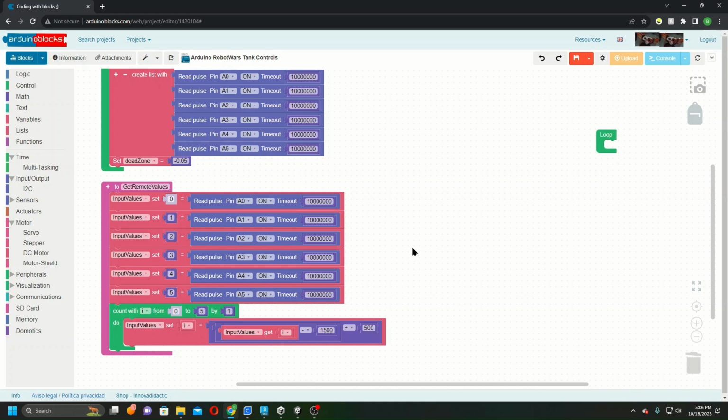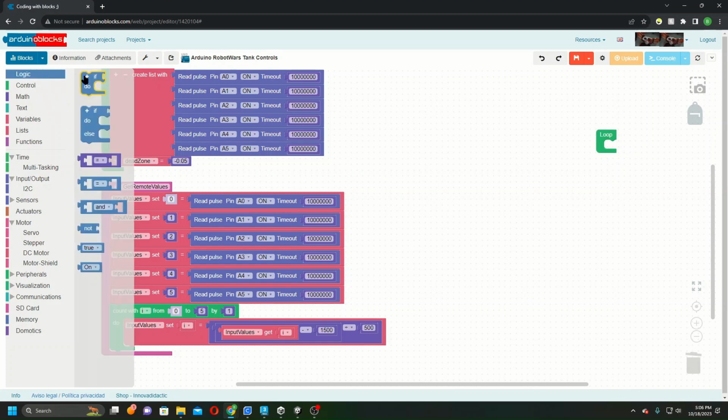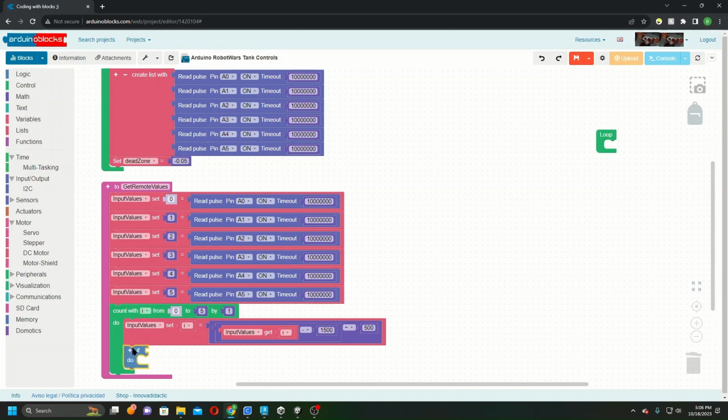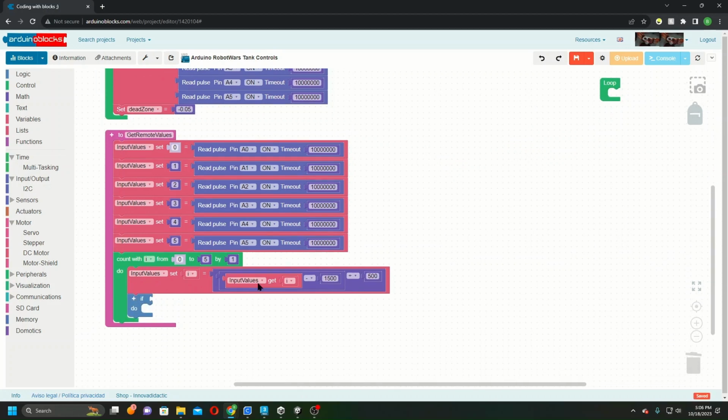Next thing I want to do is I want to go ahead and make use of our dead zone. So I'm going to come up here to logic. I'm going to drag an if in right here. So whatever value we've got right here, I want to do a check to see if it's falling within our dead zone, meaning the value where we want the remote to actually do nothing as opposed to doing something. So with an if check,